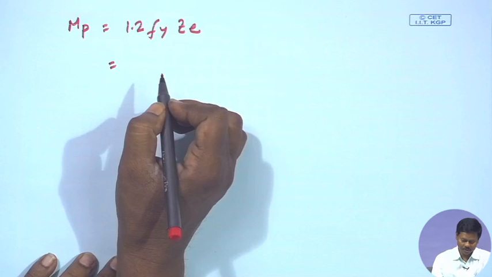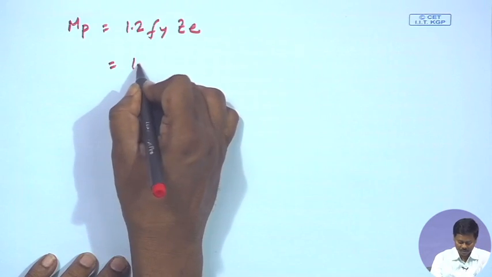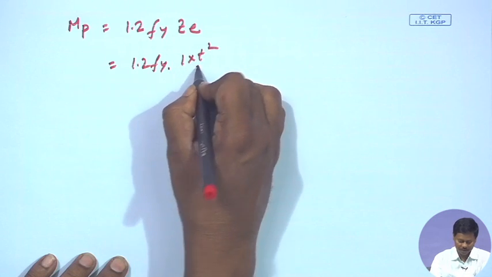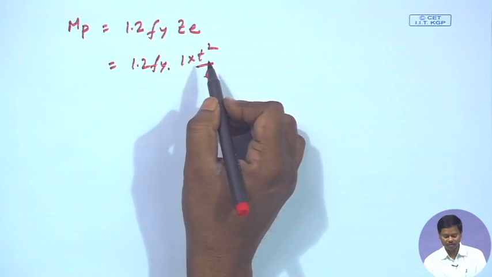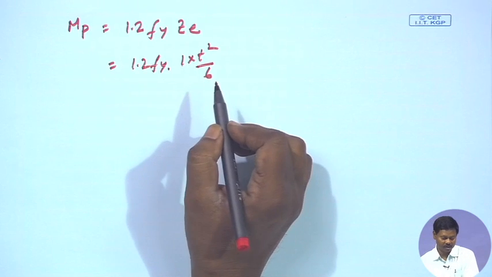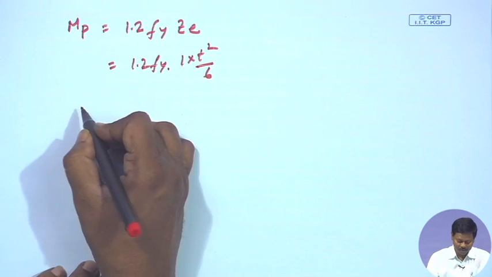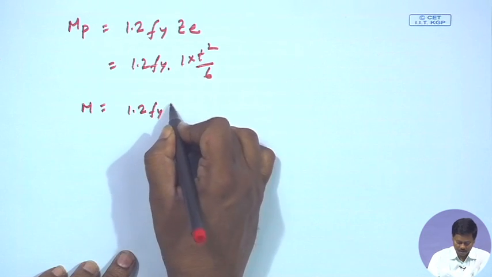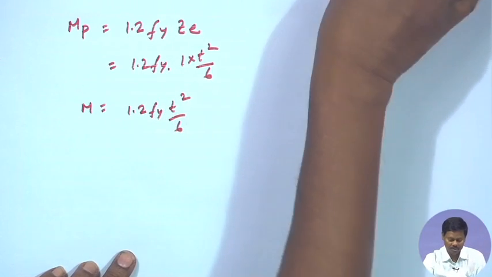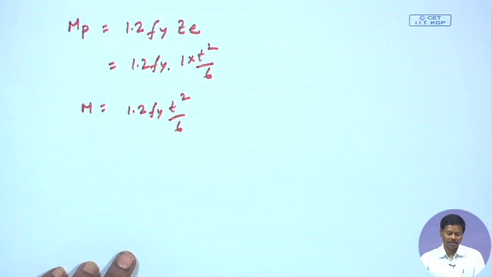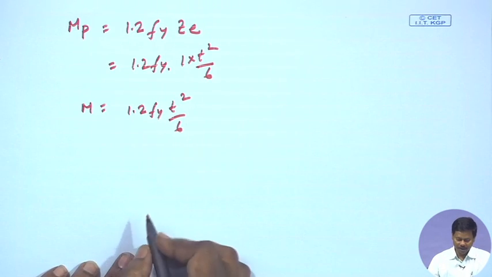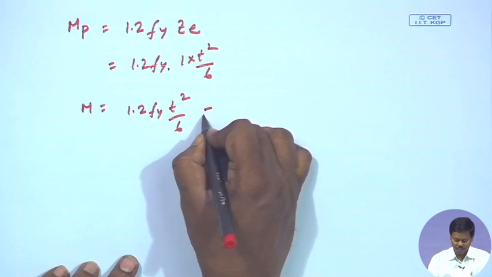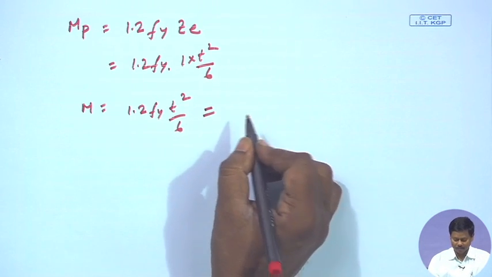So, we can find out Z as B into T square by 6, for unit length. B is 1 here. So, we can find out Mp as 1.2 Fy into T square by 6, right. Now, if we make this equal to the moment due to the pressure,